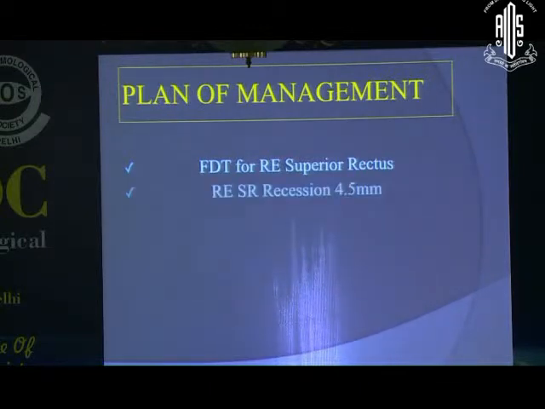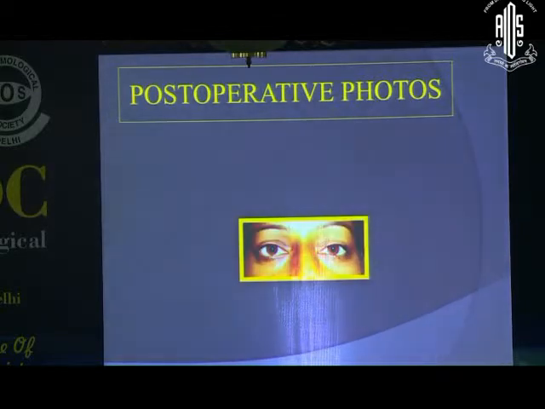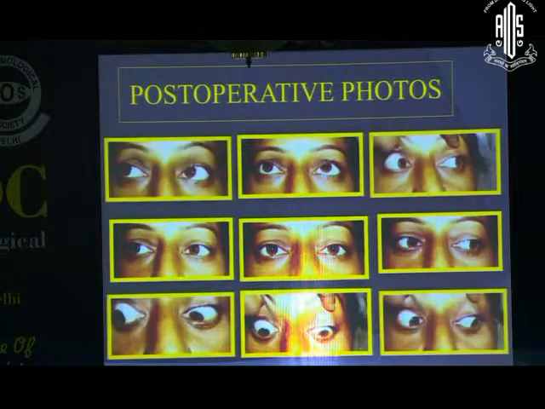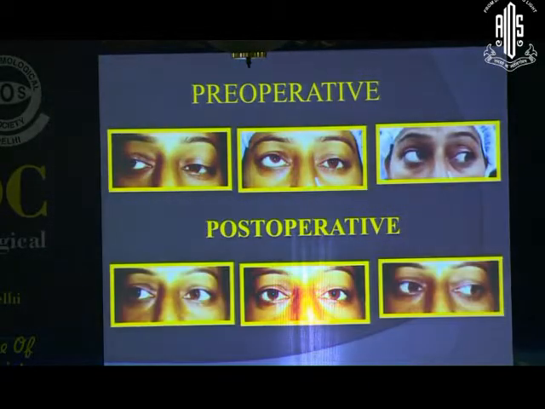We did FDT for the right eye superior rectus, which was tight. So we went ahead with a superior rectus recession of 5 mm along with a total anterior positioning, weakening both the inferior obliques and both the elevators in this case. This is the post-operative correction in primary gaze and secondary gazes, and these are the pre-operative and post-operative comparisons. In this case, you can see that the hypertropia is corrected, and also the elevation. Basically, we have converted the incompetent squint into a more or less competent squint.